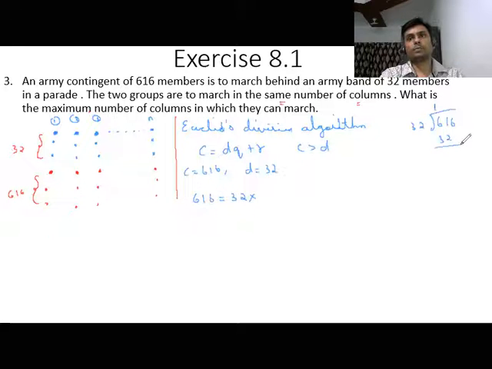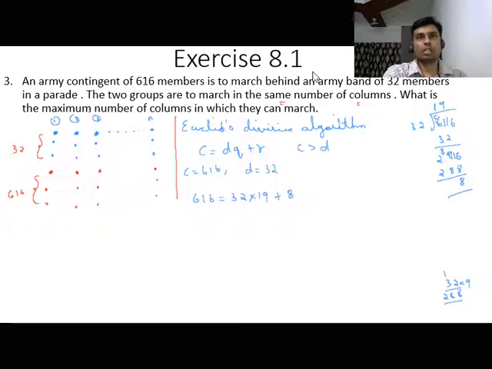32 ones are 32. So this will become 5, this will become 11. 11 minus 2, 9. 5 minus 3, 2, 6 as it is. Now 32 into 10 is 320. So 32 into 9 you check. 9 twos are 18. 9 threes are 27. 27 plus 1, 28. 288. So 32 into 9, 288. This will become 8. This will become 16. 16 minus 8 is 8. So quotient is 19 plus remainder is 8. This is what I'm getting. Quotient is 19 and remainder is 8.